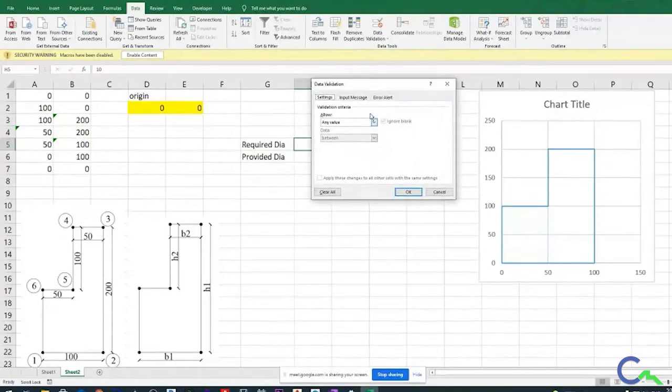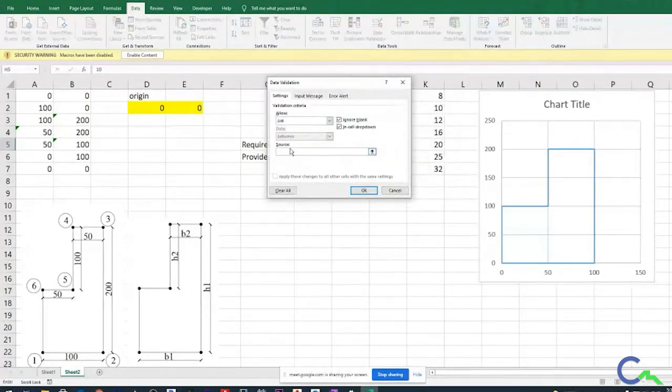Now I hope you can see that window. In that, here I will select list option. If I select the list option, initially it will be any value, so I will go for list option. Either I can give here the values.